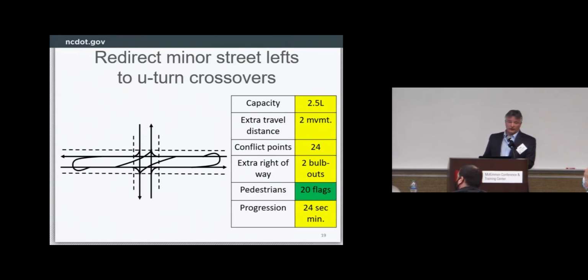Here's the close cousin of that last one. It doesn't have a name. I don't think it's ever been built, but the obvious twist is, well, let's allow the left turns from the major street and prohibit the left turns from the minor street. So we're still down to 3 phases. Like I said, I don't know that this thing has ever been built, but